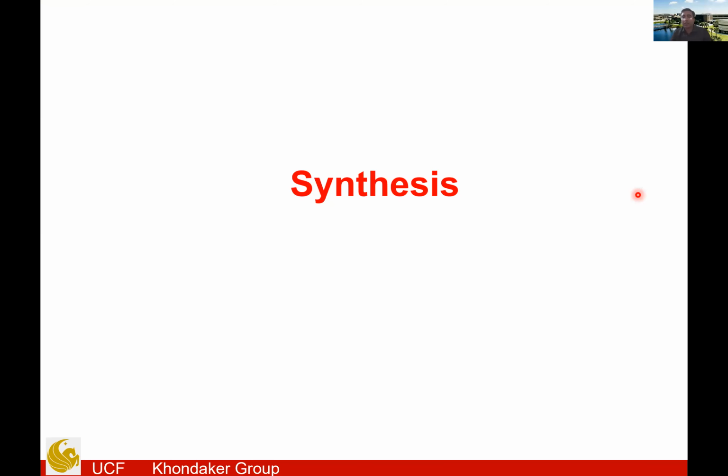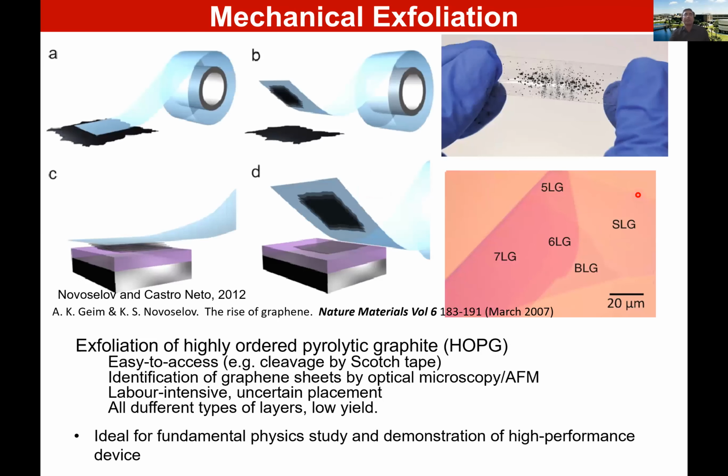And now let's talk about how you grow this material. How do you obtain it? Obviously, the easiest way is Scotch tape exfoliation. Basically, you use a Scotch tape, it touches the top layer, and you do some magic. But the point is that the energy between the Scotch tape and the top layer is stronger than the interlayer energy. So you are going to be able to get thinner and thinner layers, and you can get a single layer. The good thing about it is that you get a very high quality crystal.